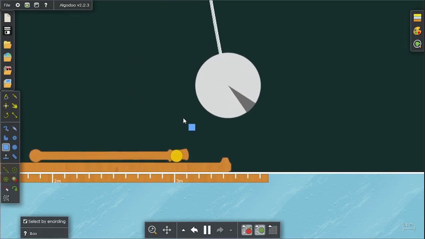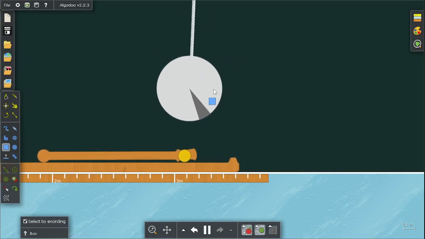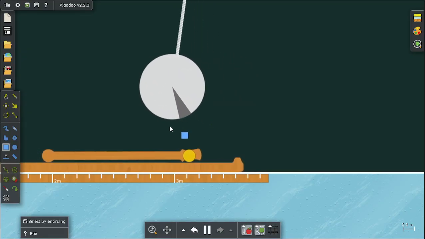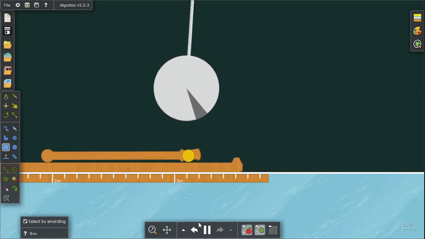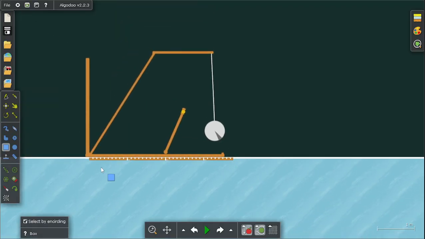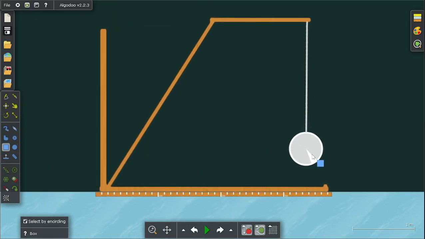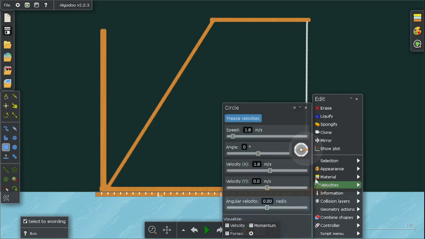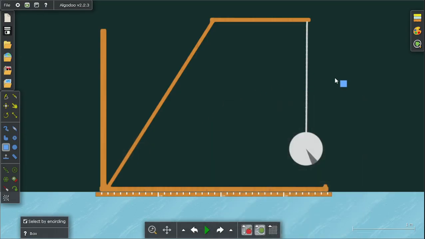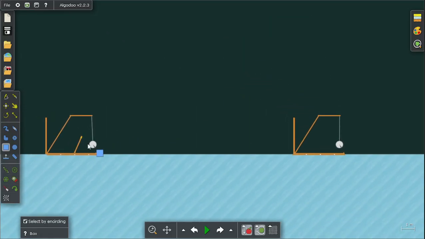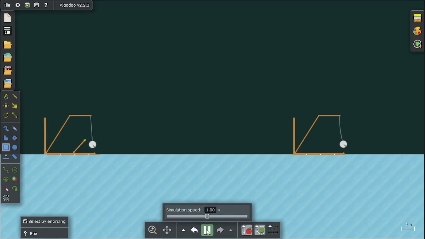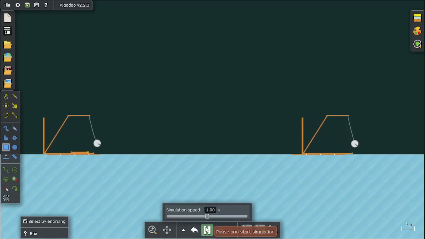Okay. So the motion you see here is now the same. Right. So the same amount of force went into here. So let's go back. And what I did with this one, just to show you, I went in here and I set the same setup, but I put 1.8 meters per second of force into it going this way. So it's as though I hit it with this. It's almost the same impact. So I'm just mimicking the same impact when it starts. So watch if you play it, see, it does the exact same movements,